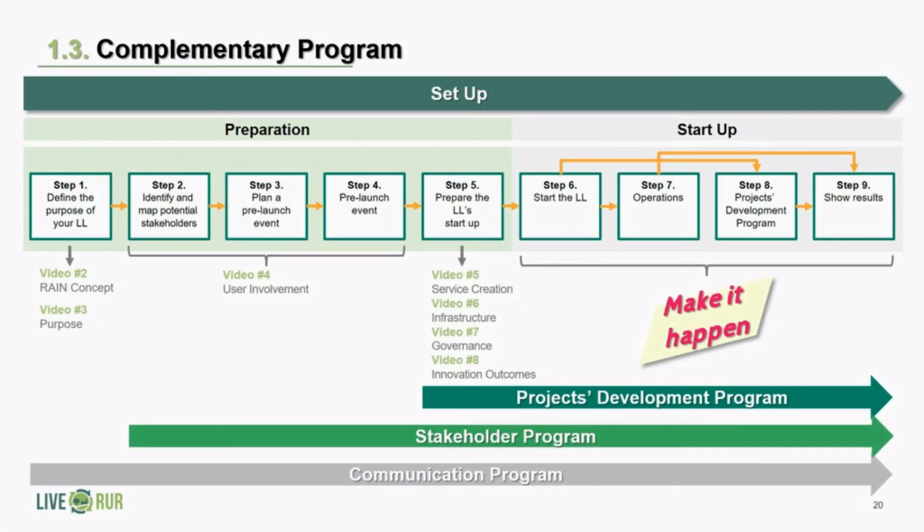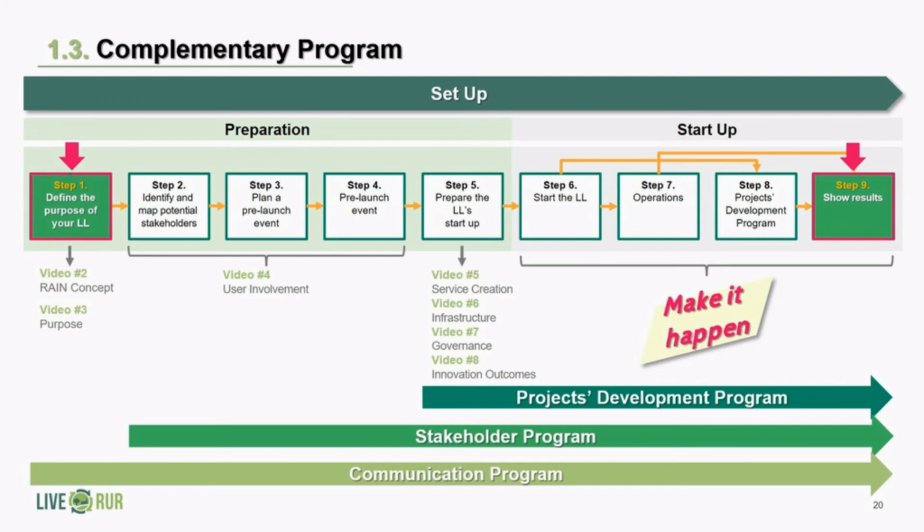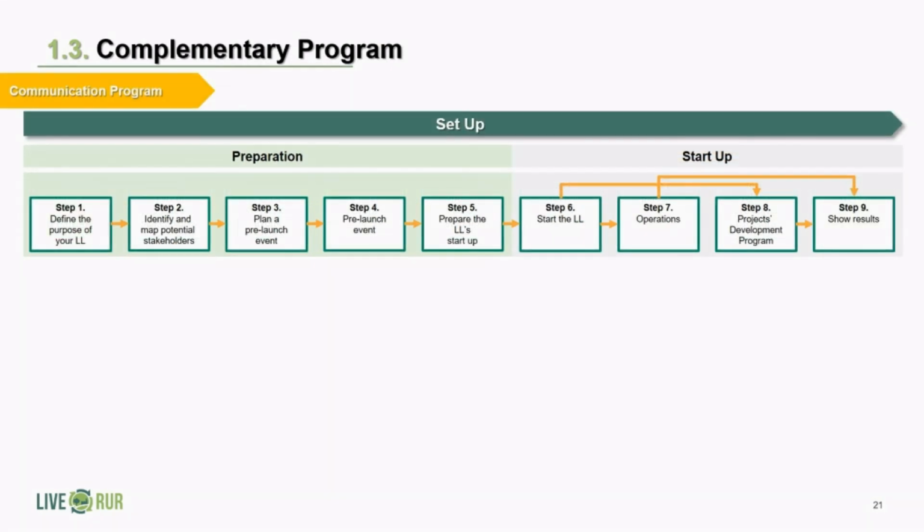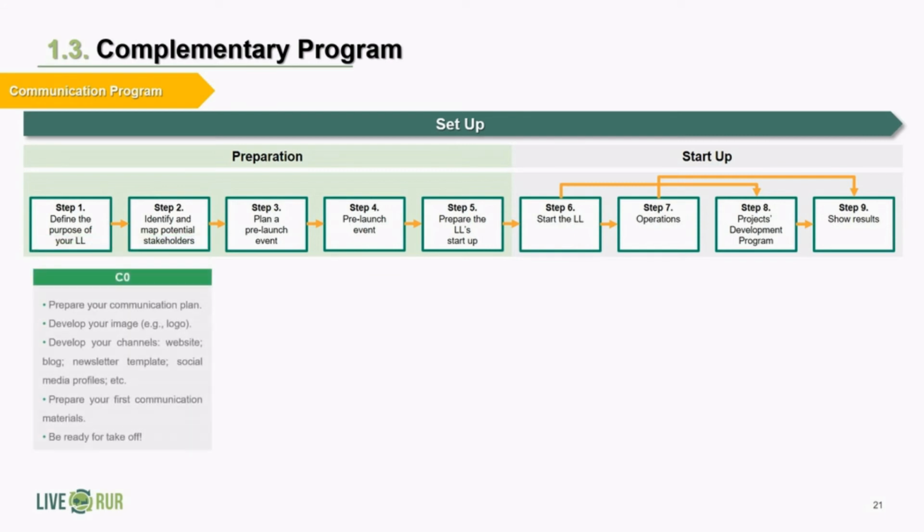The final tool in the complementary pack is the Communication Program. It was developed in order to assist in promoting the Living Labs among stakeholders, local communities, partner networks, as well as in Livreur's networks. It covers all steps of the setup process, highlighting key moments for communicating. During the initial steps of the pilot's development, you should be preparing your communication initiatives. There is a lot of conceptual work to do at this stage, and all of this should be aligned with the purpose of the Living Lab.